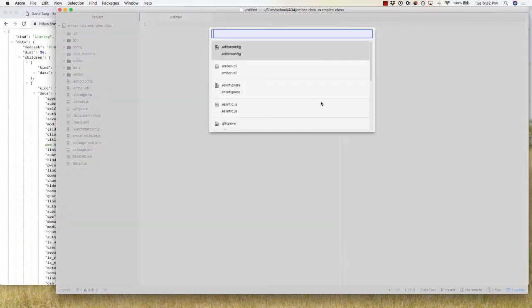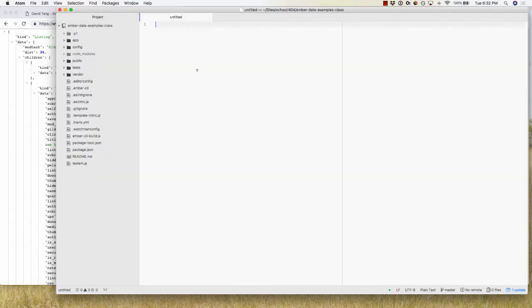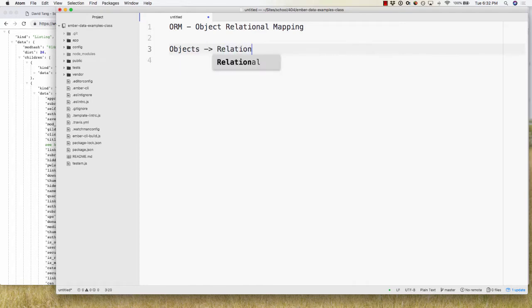Has anyone heard of the term ORM, or object relational mapping? So let me zoom in. Okay, so this is something that's more of a back-end thing, and I teach it in the follow class in the spring. But it stands for object relational mapping. And what this means in back-end technologies is we're mapping objects to a relational